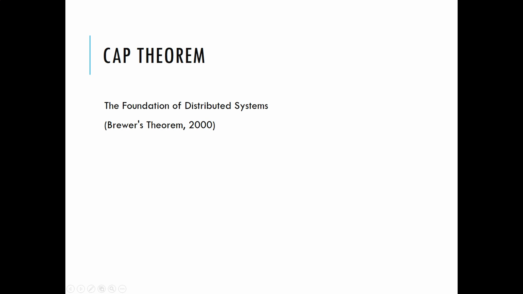Welcome. Today, we're exploring the CAP Theorem, a cornerstone of distributed systems design. Proposed by Brewer in 2000, this theorem fundamentally shapes how we build resilient, scalable systems like databases and caches. Think of it as the rule of thumb engineers use when designing services that run across multiple servers. By the end, you'll understand why trade-offs are unavoidable and how giants like Netflix or your bank make these critical